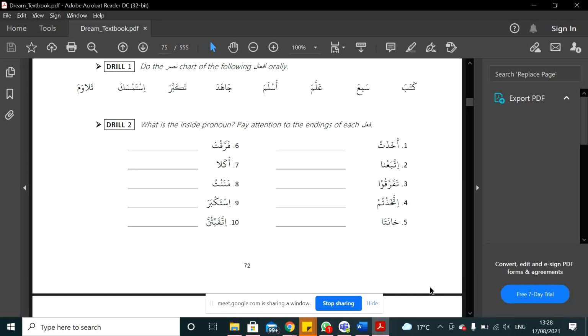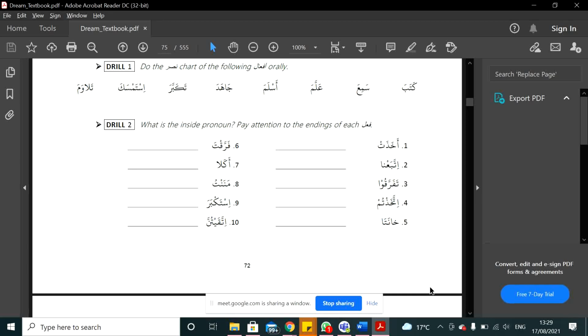So you know, when you read in Arabic script or in the Quran, you will not find hiya akhazat. But since the ending sound is the ta with the sukoon, you identify that the pronoun inside is hiya. Hiya akhazat. And akhazat means to hold. So what does hiya akhazat mean? She held. And this is a complete sentence, right? This jumla, the fi'l madi, is actually a past tense sentence about she held.